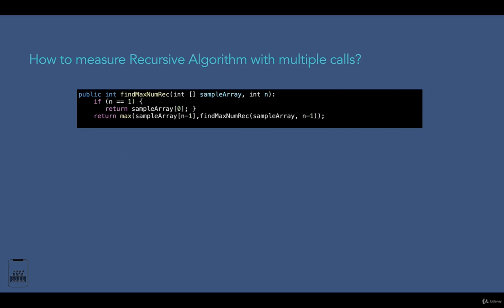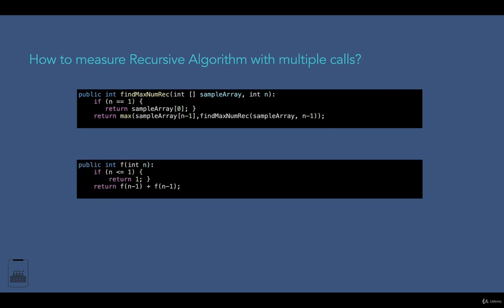So here we have a function which takes an integer as a parameter. In this function the first condition is we are checking that if n is less than or equal to 1, then we are returning 1. Otherwise it calls itself with the parameter of n-1 twice, and we are summing up these values and returning them. This function is similar to the function that we discussed in the previous lecture. The difference over here is the function calls itself twice, and then we are summing up the result.